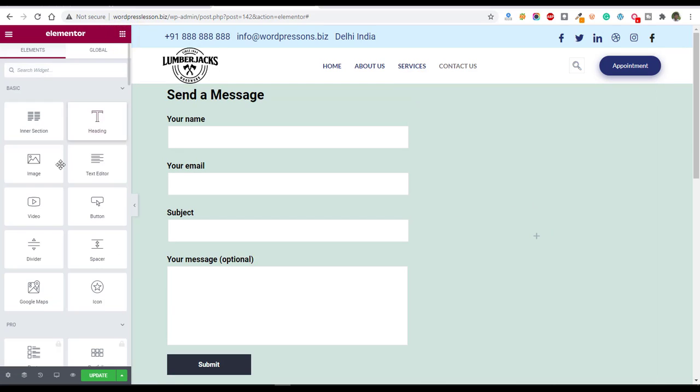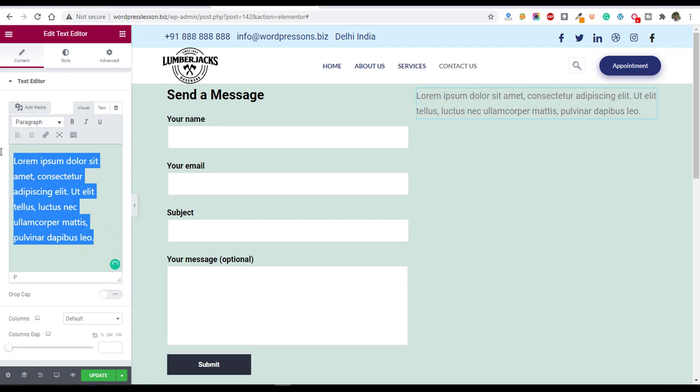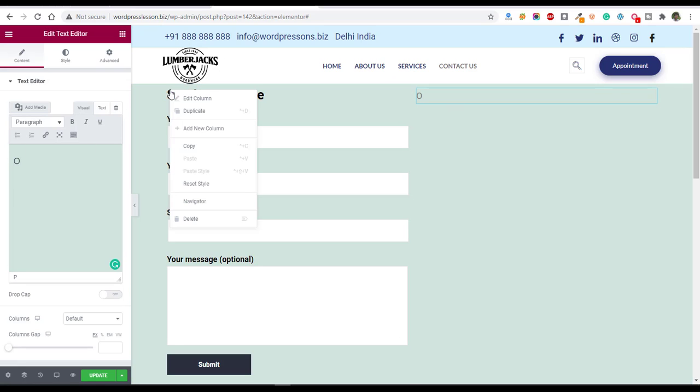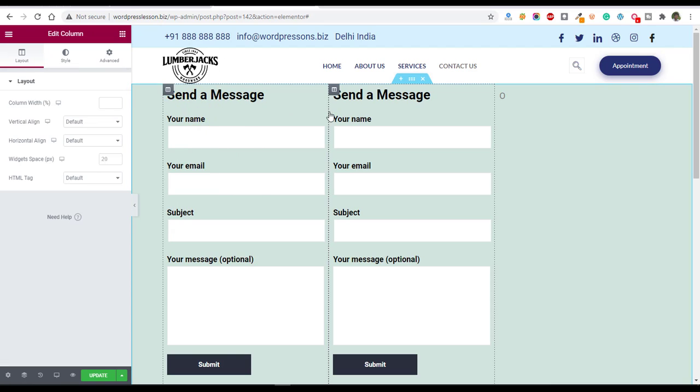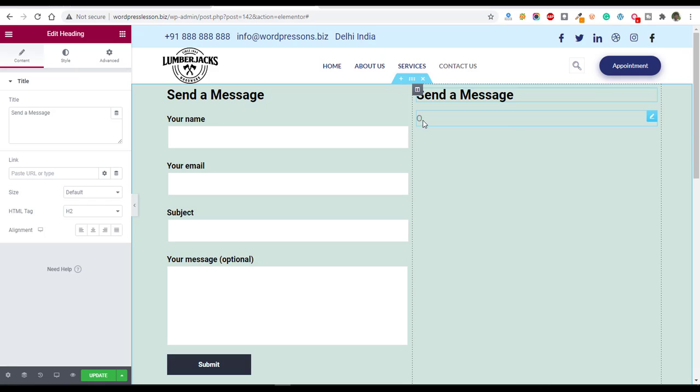Again click on this button and take a text editor, put it here, and just write our address here, or we can put one header here, just duplicate it. Now drag and drop it here, and we can write our address here.